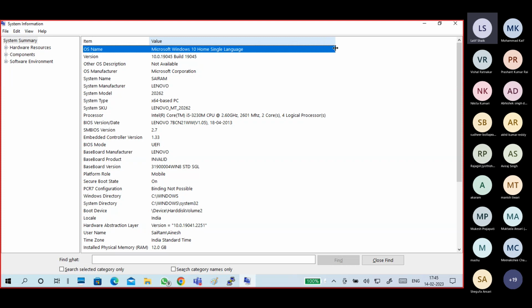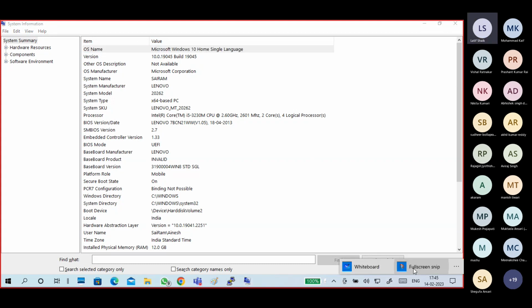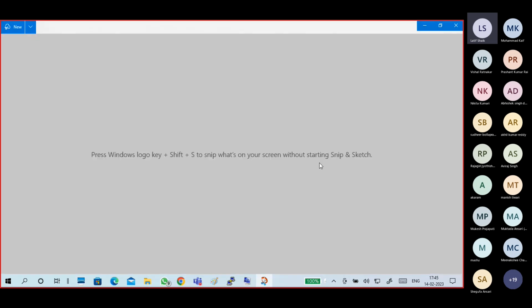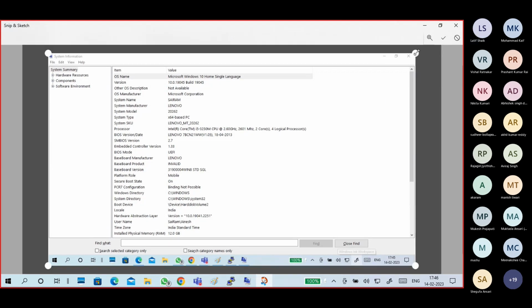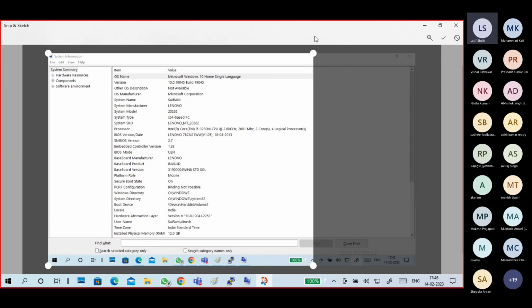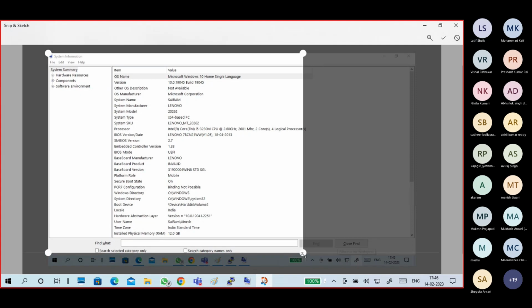So I will take only this part. First of all we'll gather what information we are getting from here, then we'll change it later. This is empty part, so I don't use it. That's why I'm cutting here, also cutting up to here.